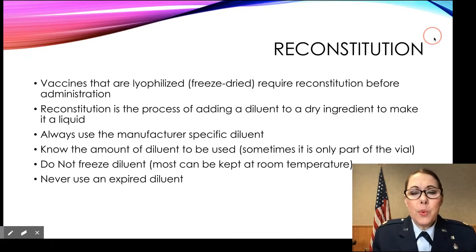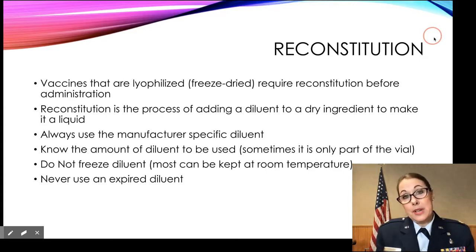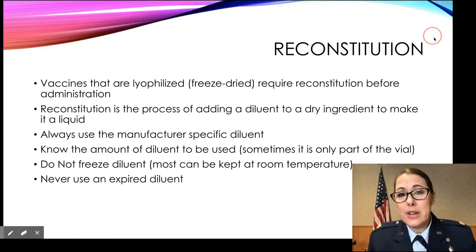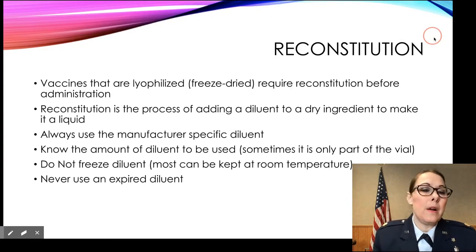Most diluents, you don't want to freeze diluents. Most of them can be kept at room temperature. Clearly, a frozen icicle of water can't be put into a frozen tablet. So you don't want to freeze your diluents. Plus, it could affect whatever added ingredients are in there. And you don't ever want to use an expired